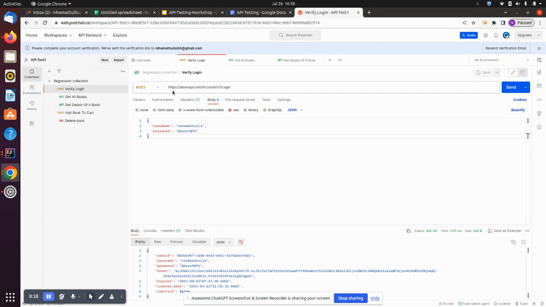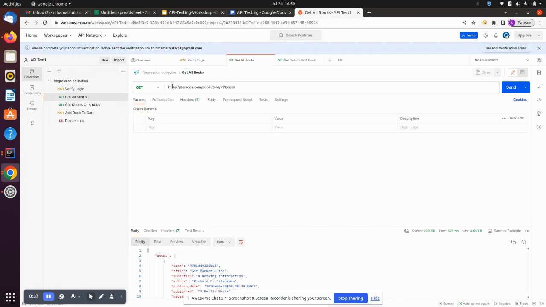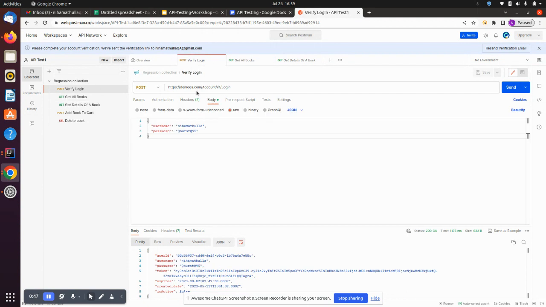So in the login request, you can see the URL https://demoqa.com/account/v1/login. So this https://demoqa.com is the base URL and these are the path parameters. This base URL is common for all our API requests. If I open the book request, you can see that the base URL https://demoqa.com is still available in the book API also. And also in the body, the username and password values are hard coded in